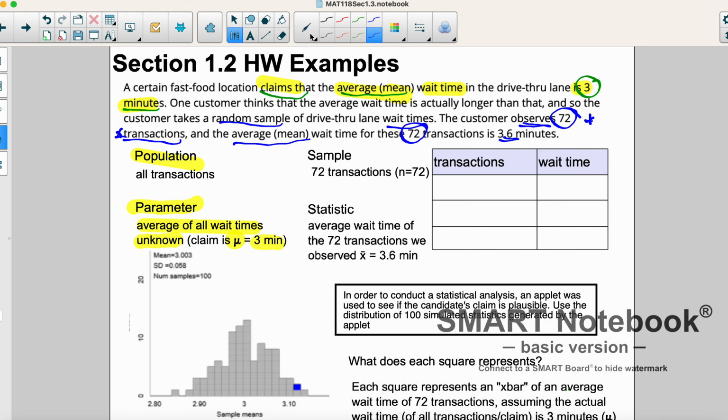So if I summarize that down here, we have a sample that we've taken. A sample size of 72 transactions, n equals 72. That's my sample. I'm observing. Those are my observational units. And the statistic that I'm interested in is the average or the mean wait time of those 72 transactions. I calculate that. It's known. When I calculate that, I get the average wait time of those transactions, my x bar,